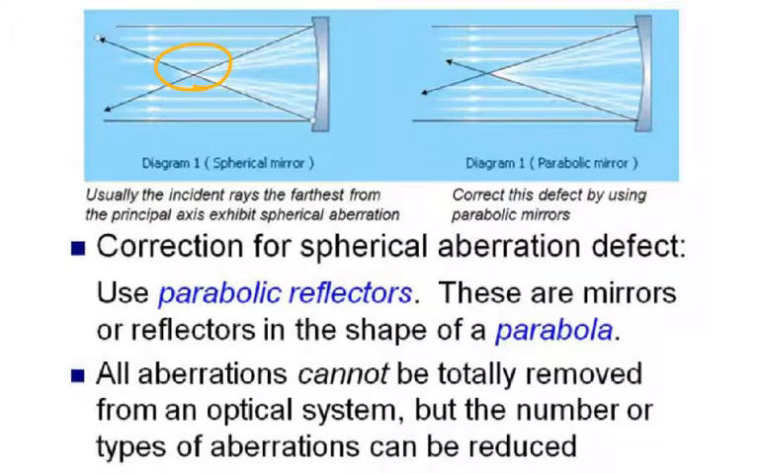A way that it can be corrected is with what's called a parabolic mirror. Now, a parabolic mirror is a slightly different shape. It is a parabola, which in Foundations of Math 20 and Pre-Calculus 20 we will talk about at length. But